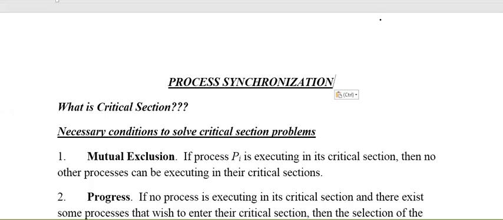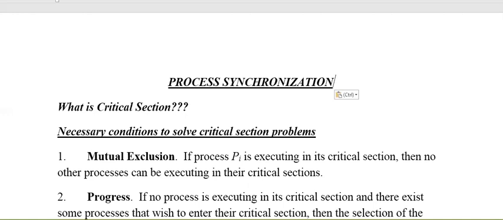Hello everyone. In last class, we had started our discussion for the topic process synchronization. We had picked that when two or more processes are working, then there is a possibility that they will share certain resource, and if a resource is in sharing mode, then we require certain synchronization so that processes can efficiently perform the task without any overlapping, without deletion of data, or without any loss of data.